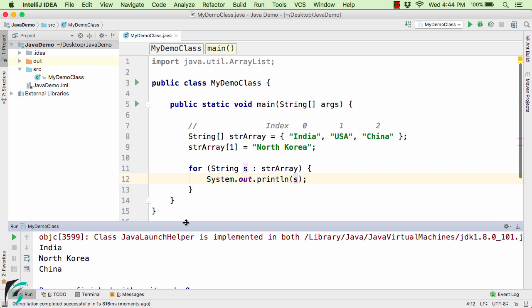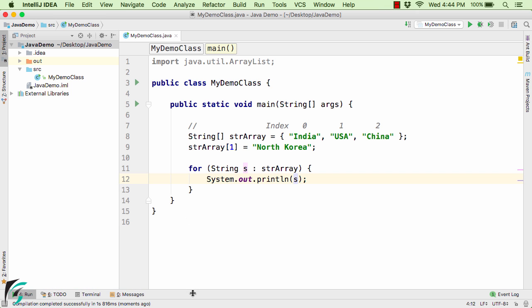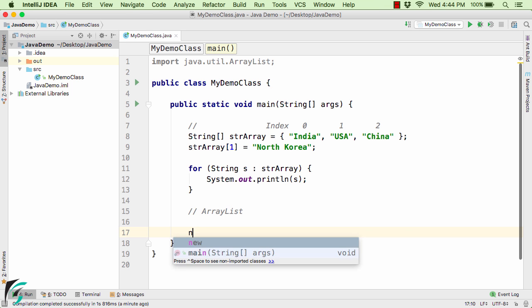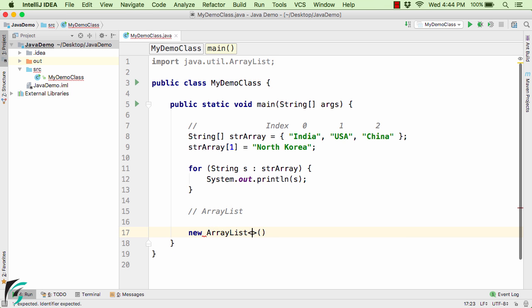But now in Java we have one more concept of a dynamic array, that is the ArrayList in Java. So let us come to that. So how do we define the ArrayList in Java? Now the ArrayList in Java is nothing more than an object. So we can treat the ArrayList in Java as an object. So here to create any object we can simply use the new keyword, new ArrayList. So this will simply create a new object in the heap memory in Java. Now, in order to access this object, we need to create a reference variable, as we all know from the previous videos of object-oriented programming, right?